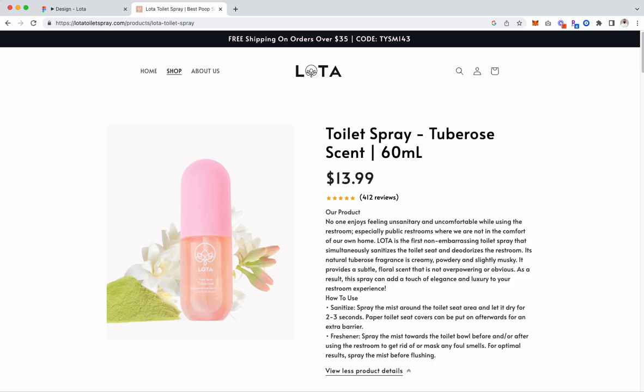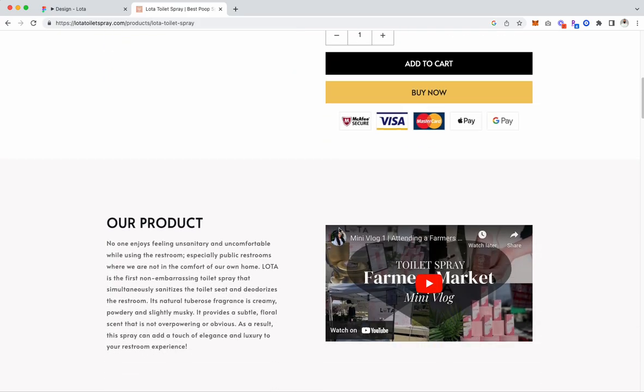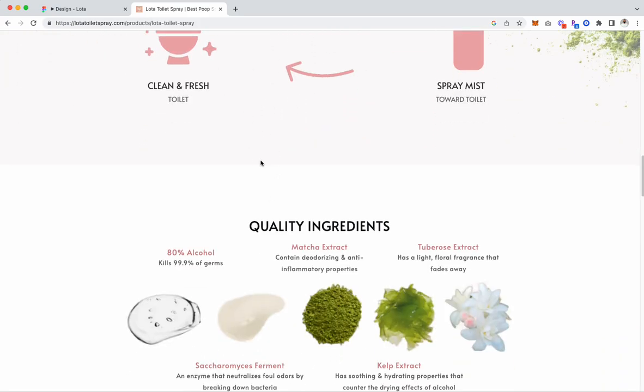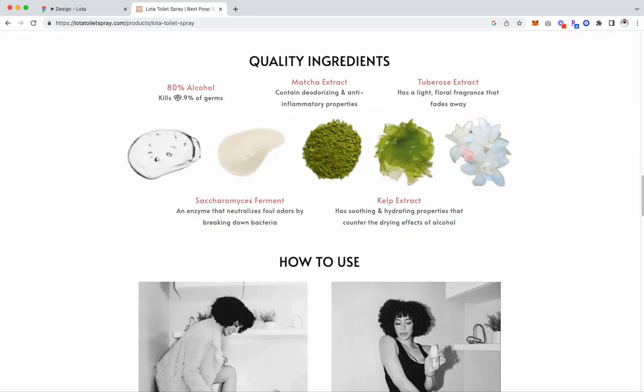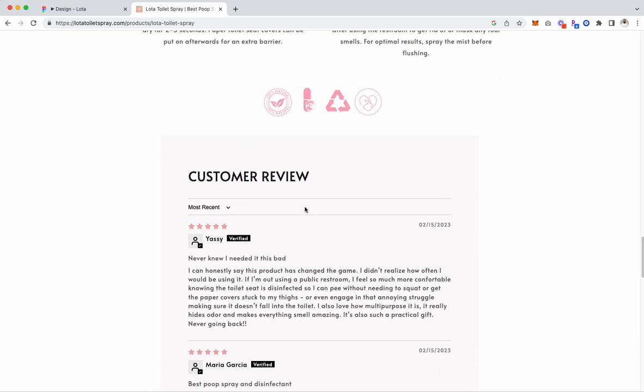And then you also want to have more calls to action. So add to cart and buy now. The 5-star product reviews is important, like I said. And it's walking through the sale again down here. They have more information, the different ingredients, and then what those benefits are of those features and benefits, again, how to use. So all that stuff is in here. And then you get down here to the product